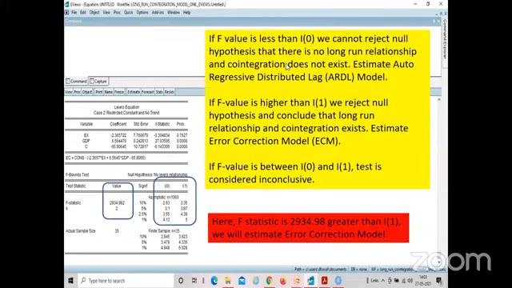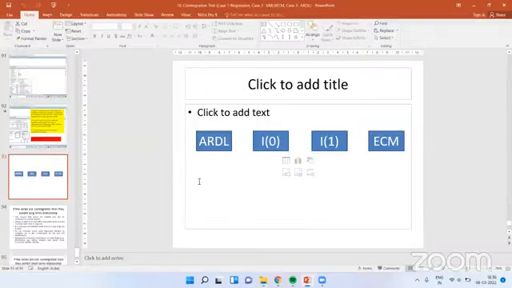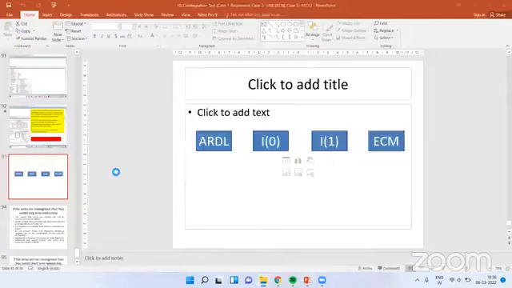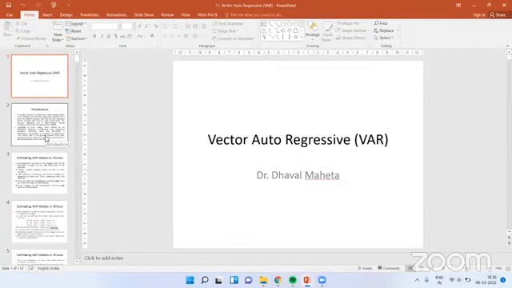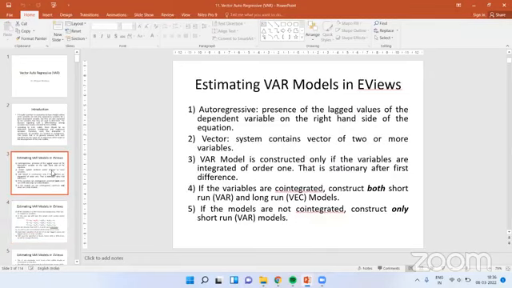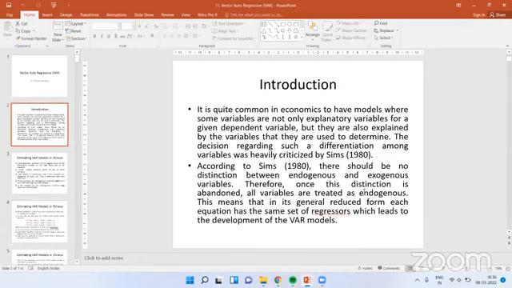Right? So the first method, I'll close this, and I'll start with VAR. Somewhere around 1980, I think so. Yes, 1980. Sims, the academician, wanted to say: why are we making a demarcation between the dependent variable and independent variable? There should not be any demarcation.